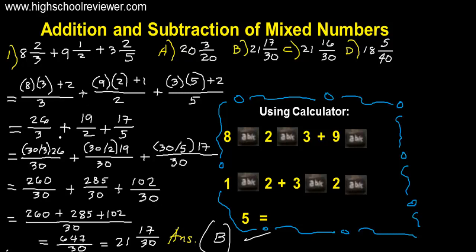Now we will add then the dissimilar fractions. To add the dissimilar fractions, find first the lowest common denominator, which is also the lowest common multiple of the denominators 3, 2, and 5. Their LCD is 30, and we have here for the first fraction, the denominator is 30, and for the